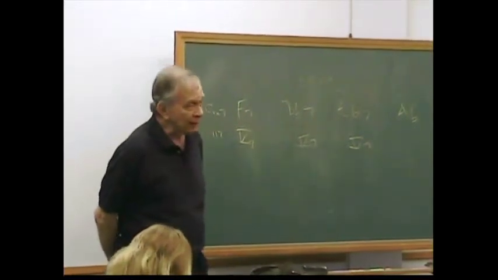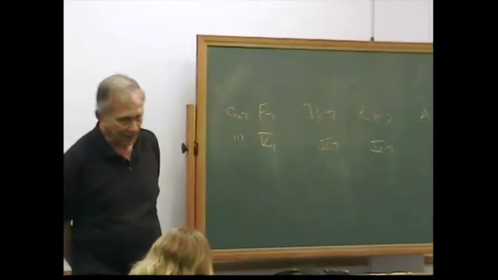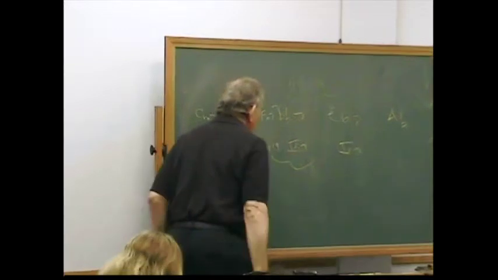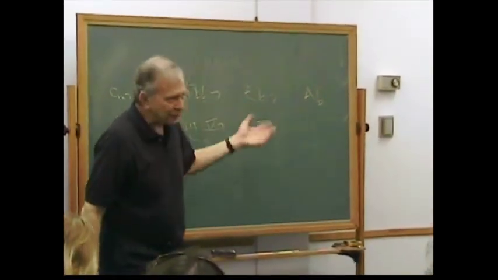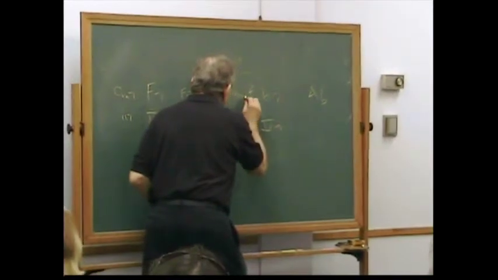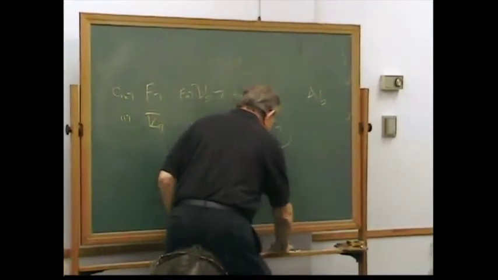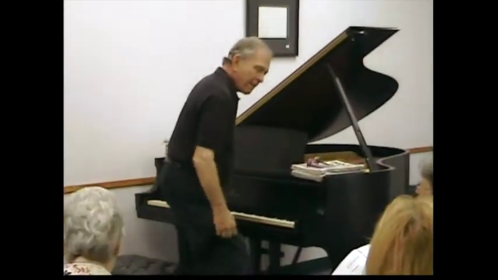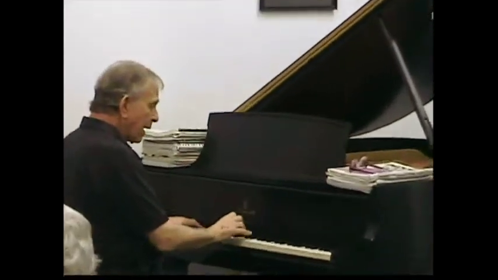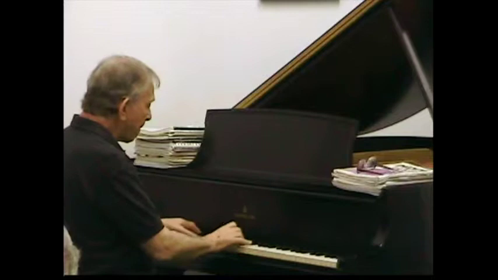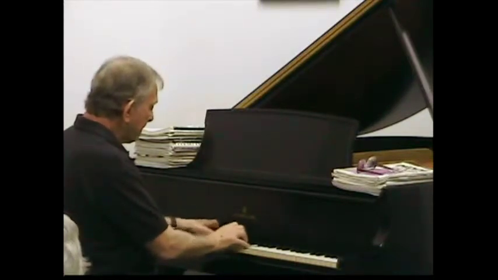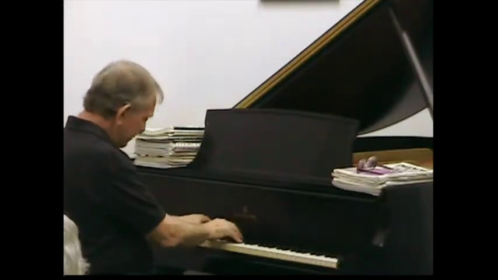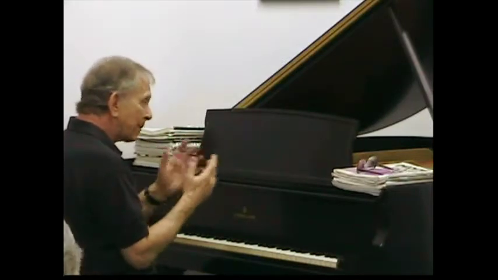B flat 7 is the dominant of E flat. What's the secondary dominant? F. Made minor, F. I'll play F minor 7 before I play this chord. E flat 7 is the dominant of A flat. What chord? B flat minor 7. But you don't keep it the same all the way. Well, let's see. Instead of this, I'll do this. I might not want that much harmonic motion. I might modify it.